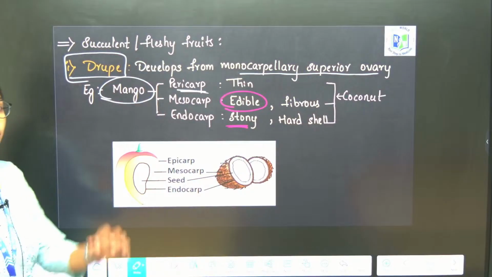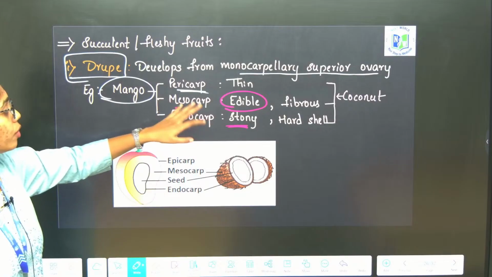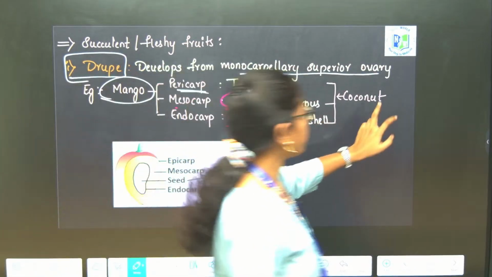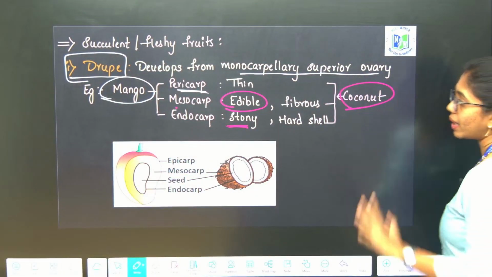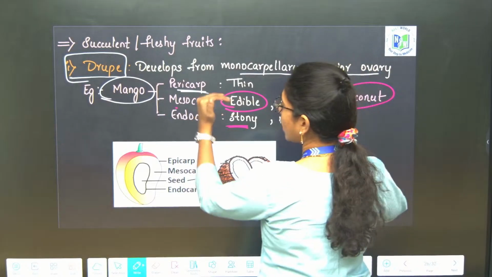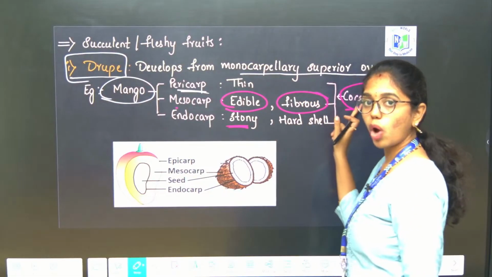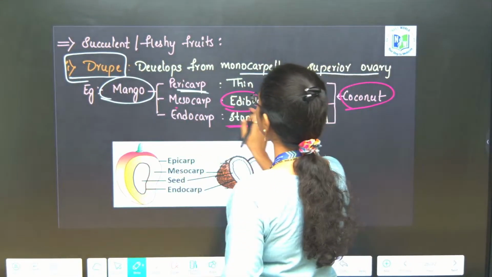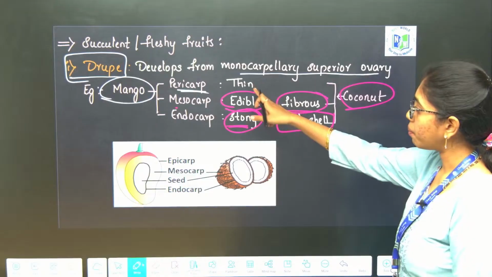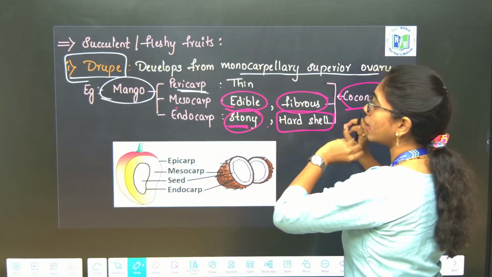And here in fleshy fruits you have to be very clear on which layer of this fruit wall is edible and which is stony, which is not edible. Here you see mango and coconut, both are the examples under drupe. For both coconut and mango, pericarp is thin and mesocarp is edible. In mango, mesocarp is fleshy, and it is fibrous for coconut. Endocarp is stony in mango, endocarp is like a hard shell in coconut. Okay, pericarp is thin, mesocarp is edible and fibrous in coconut, endocarp is stony here in drupe and hard shell